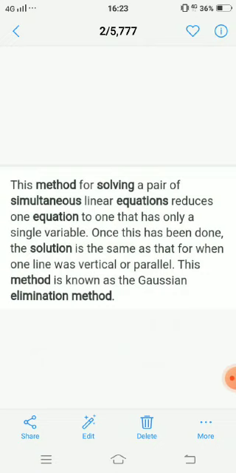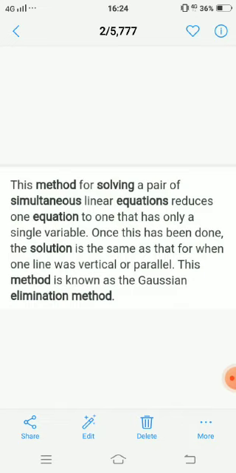Now this is the brief description, or you can also call it the definition of the elimination method. Now, what is the definition of the elimination method? The definition is mentioned here on your screen. You have to read it out. So what is there in the elimination method? I'm going to explain first. In the elimination method, by taking different values of the variable, we have to solve the equation. Which equation? Whatever linear equation will be given to you.